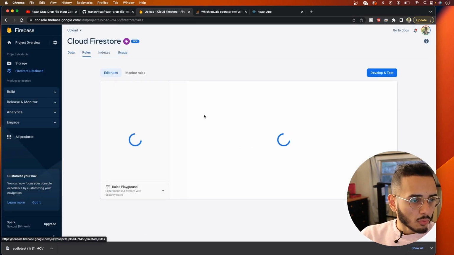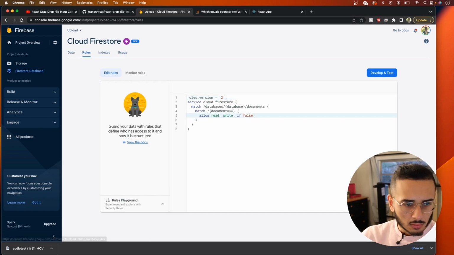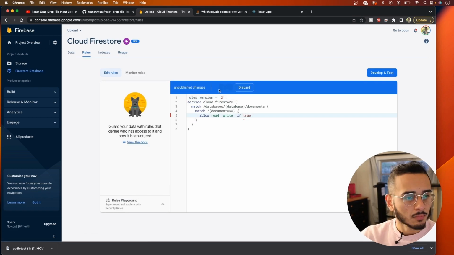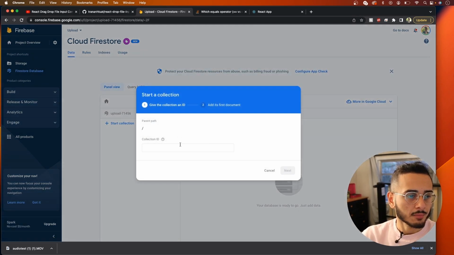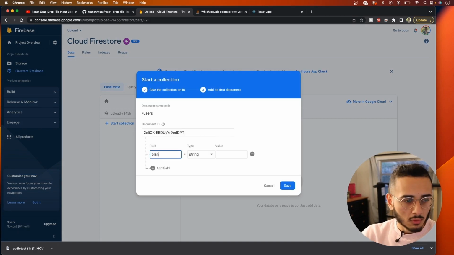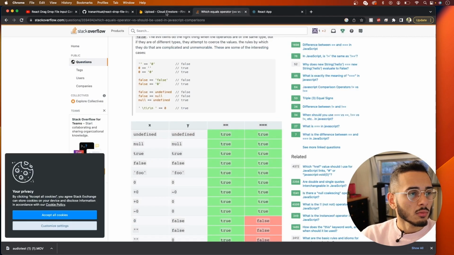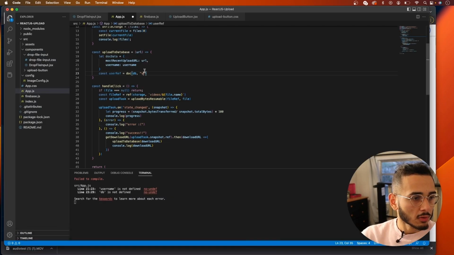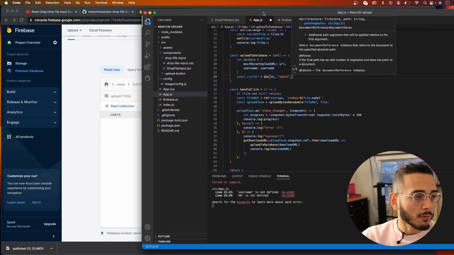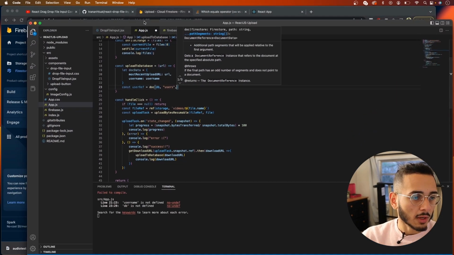use, or let's go to our rules and make sure we upload these. So change this to true, publish, refresh. All right, now that we hit it to true, it should work. This is just like a test one, so it creates a collection. All right, so now let's go back to our project. So the path is going to be users, and this is the path of the collection, and then we can pass in the name of the document that we want to use